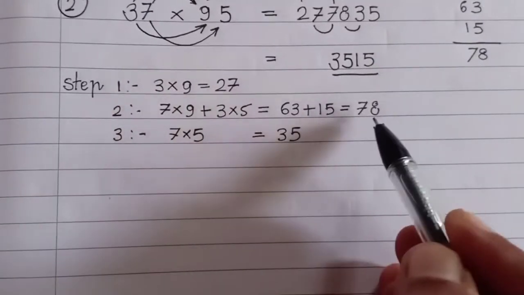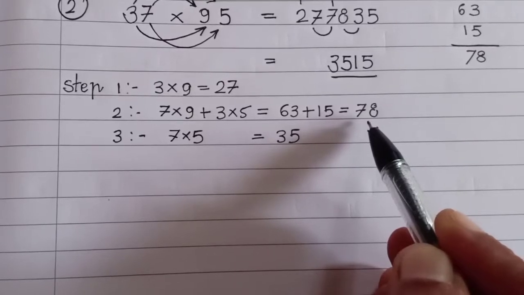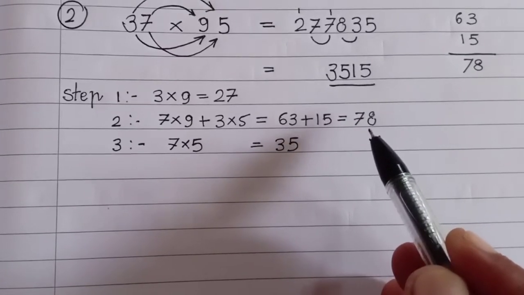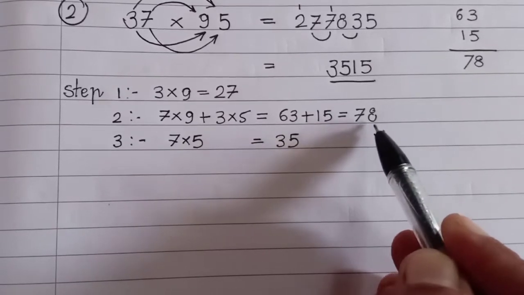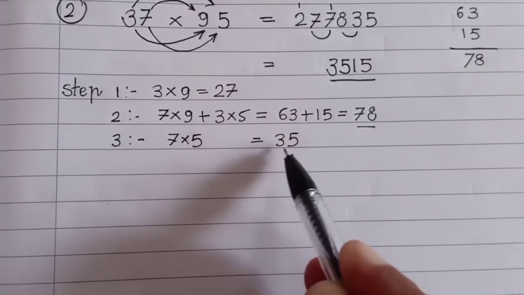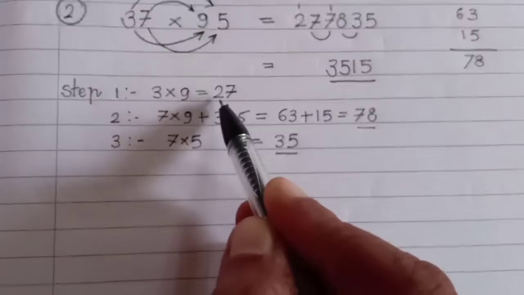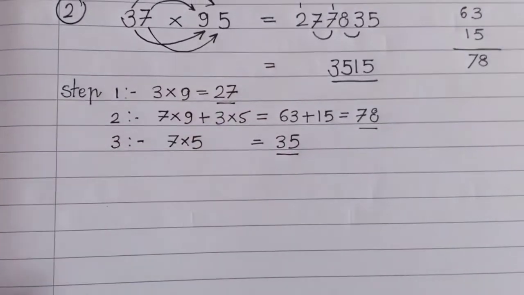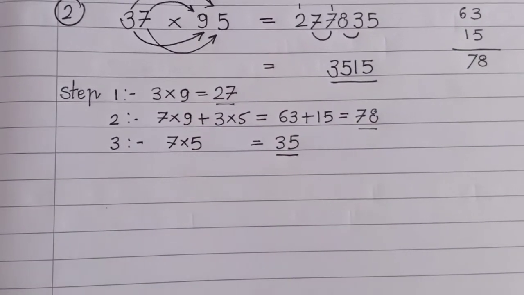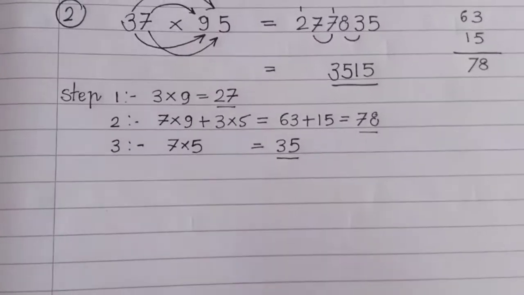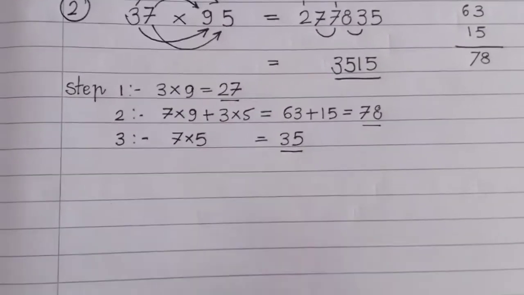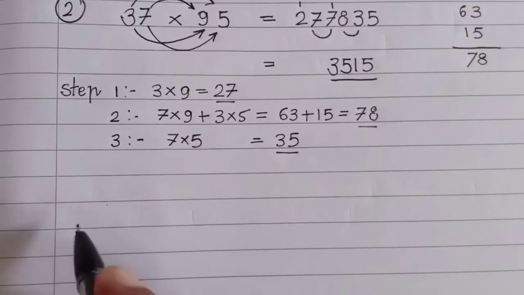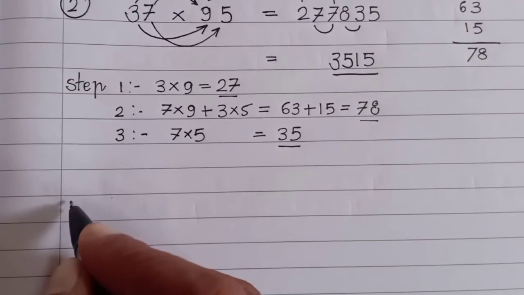ये जो आया है हमारा कैसा है, मल्टीप्लिकेशन जो आया, it is a 2 digit. Now you keep in your mind, these are the 2 digits. These are also the 2 digits. These are also the 2 digits. If there is a 3-digit number that comes in a multiplication, then how will you solve? That we are going to see. Now see the next question.